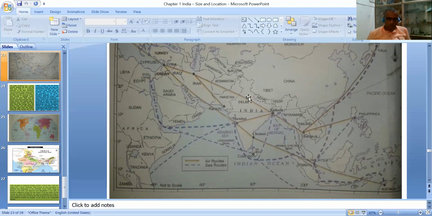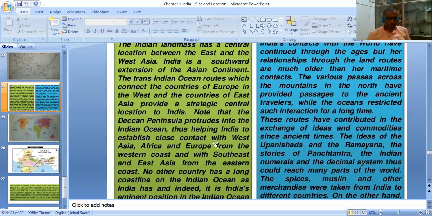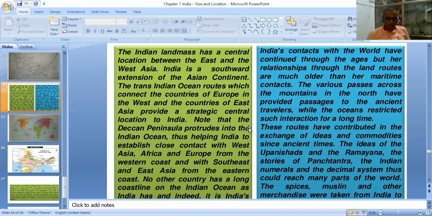And it is in the central position, because of that many nations we can connect. So in this way, it is geographically a very important location. When we look toward the Deccan Peninsula, it is extended. A peninsula is a landmass surrounded by water on three sides. So this landmass, the Deccan Peninsula, is in a very important position, one of the oldest landmasses on the earth.